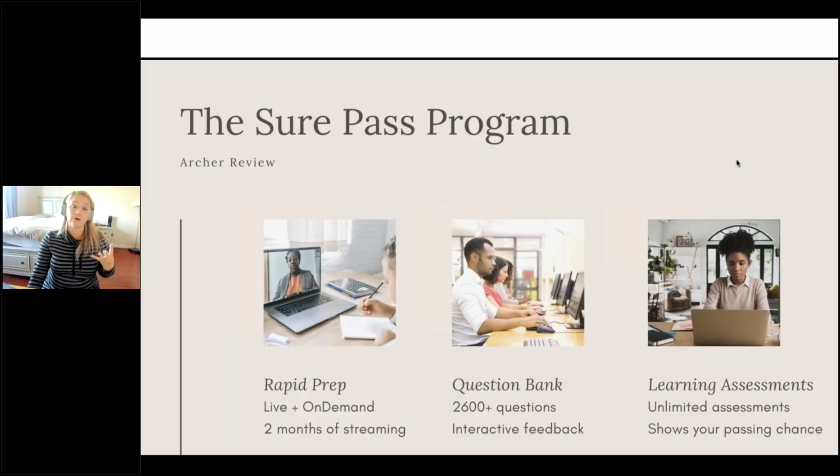Once you've done 4 learning assessments and received a predictor score of high or very high, you have a 99% chance of passing your NCLEX and a 100% money back guarantee if you don't. But we're pretty sure if you follow these 3 steps and utilize Archer Review that you're going to pass your